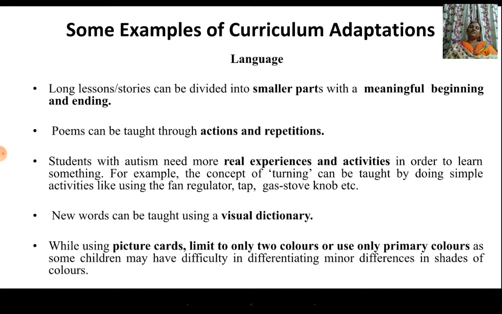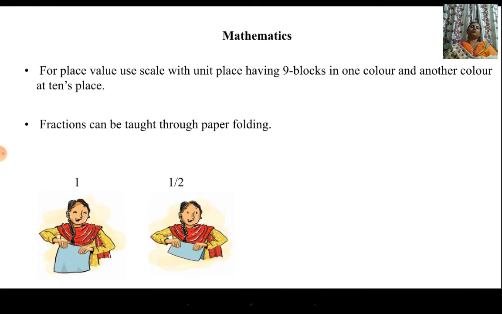Then while using picture cards, we have to limit the usage of colors. We should not confuse them. So limit only up to 2 colors, or else use only primary colors so that they will be able to differentiate the minor differences. Coming to mathematics, in order to teach place value, use a scale with unit place having 9